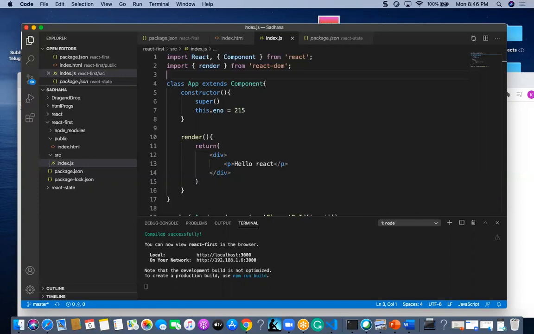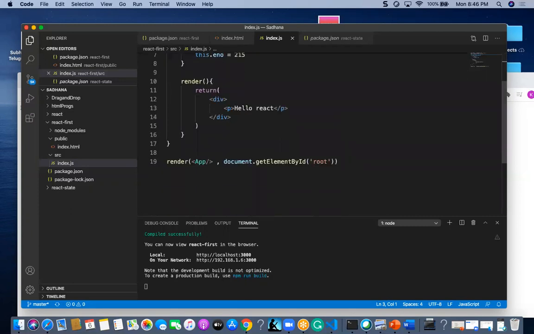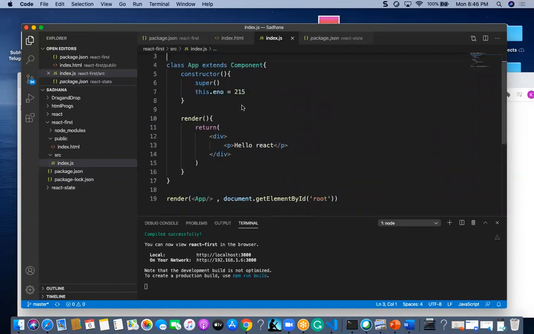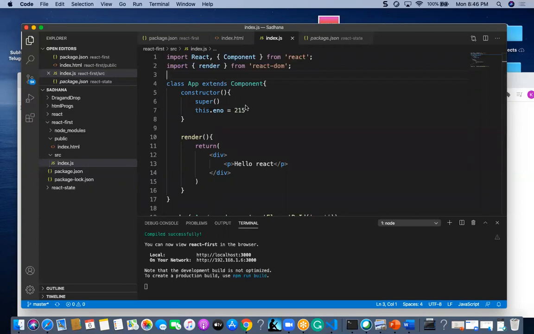For example, as you saw here, I have ReactDOM.render of App and document.getElementById. I also have the class App that extends Component.